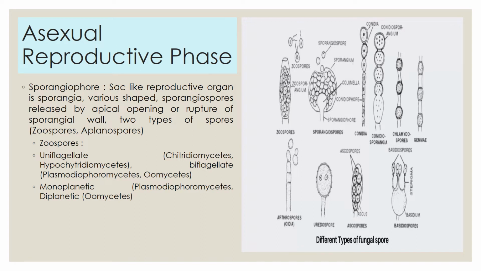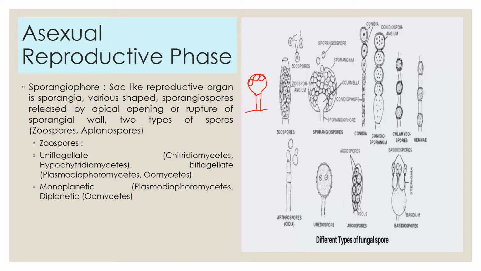growing on or over the substratum sends out aerial hyphae, and these aerial hyphae develop spores in a sac-like structure at the tip of the aerial hypha. So, say this is the substratum, the aerial hypha is there, and the tip enlarges and accumulates food, undergoes septation and then compartmentalization into many spores. Now these spores